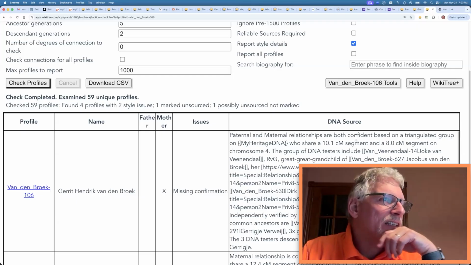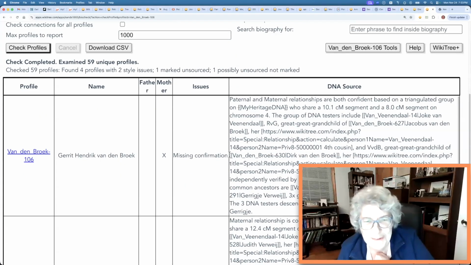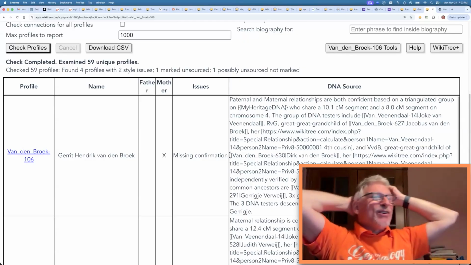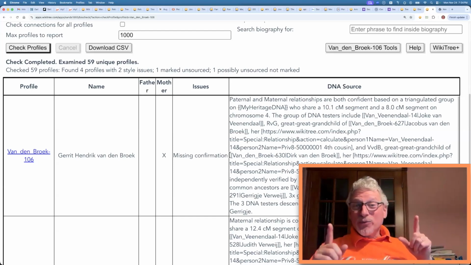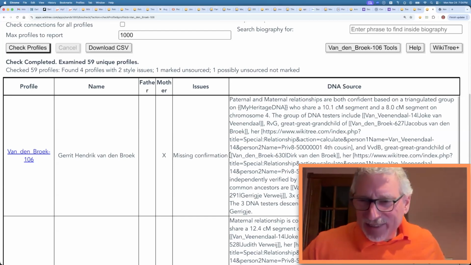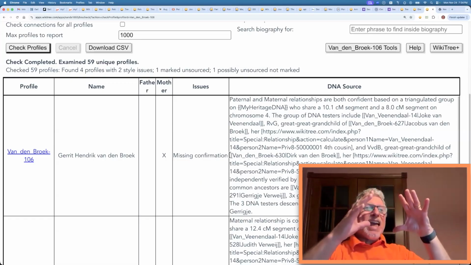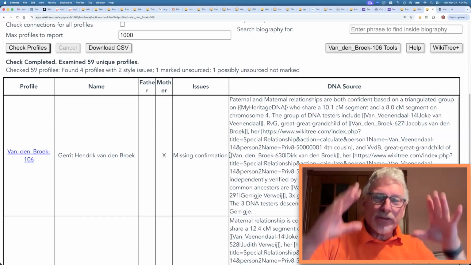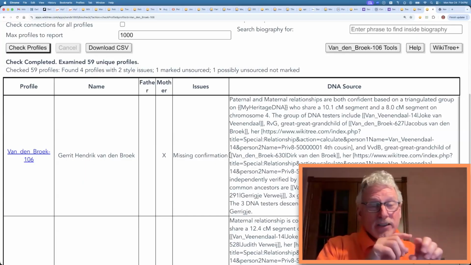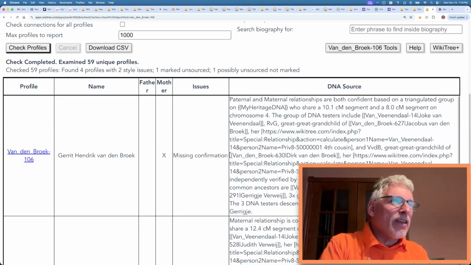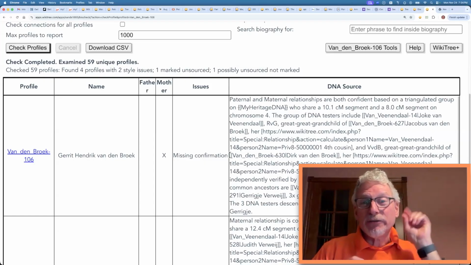Okay, yeah, let's see. Now let me just read this closely, because depending on what you're doing. Greg, what did your app say? If you're doing a triangulated group, yeah. Oh, this is a good one, Amanda. Triangulation, that's hard. If you're doing a triangulated group and they all converge on an ancestral couple, then you can say that you're confident that they descend from that couple, but you can't say you're confirmed from